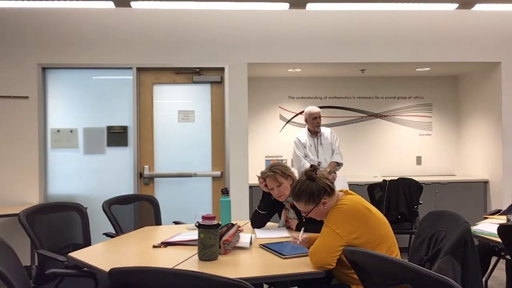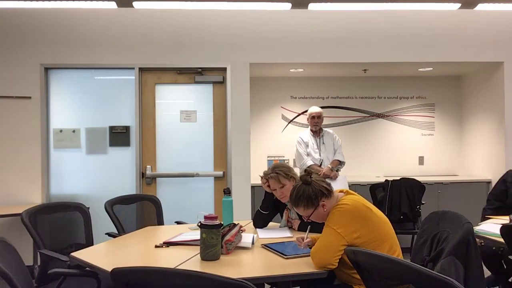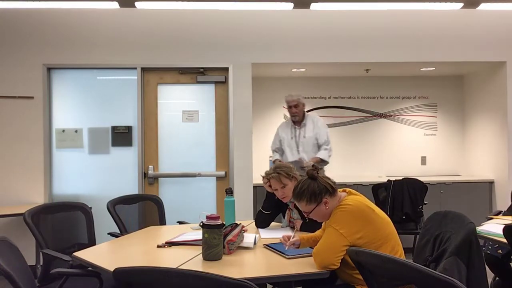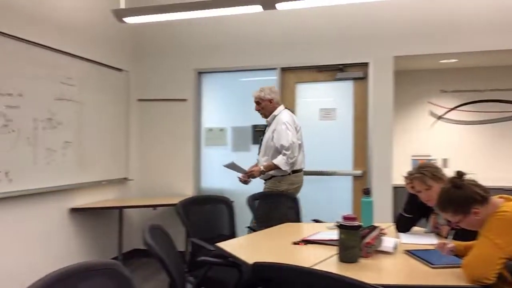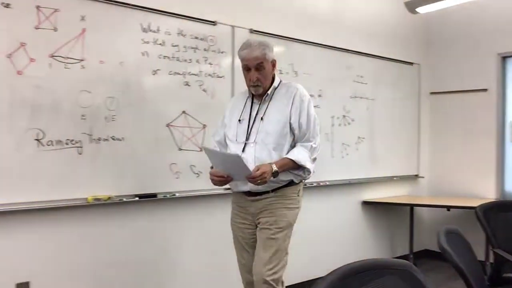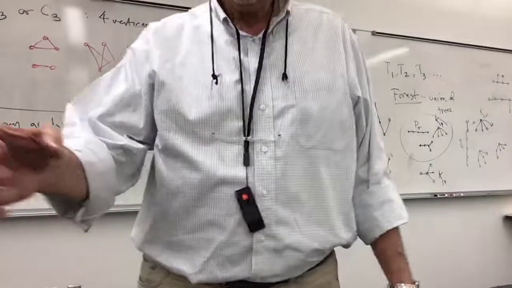Okay, so then we've got 3 cases. Let's say all these are reds. One case is that you have at least 6 blues. 4, 5, 6. And then if you have 6 blues, then you've got